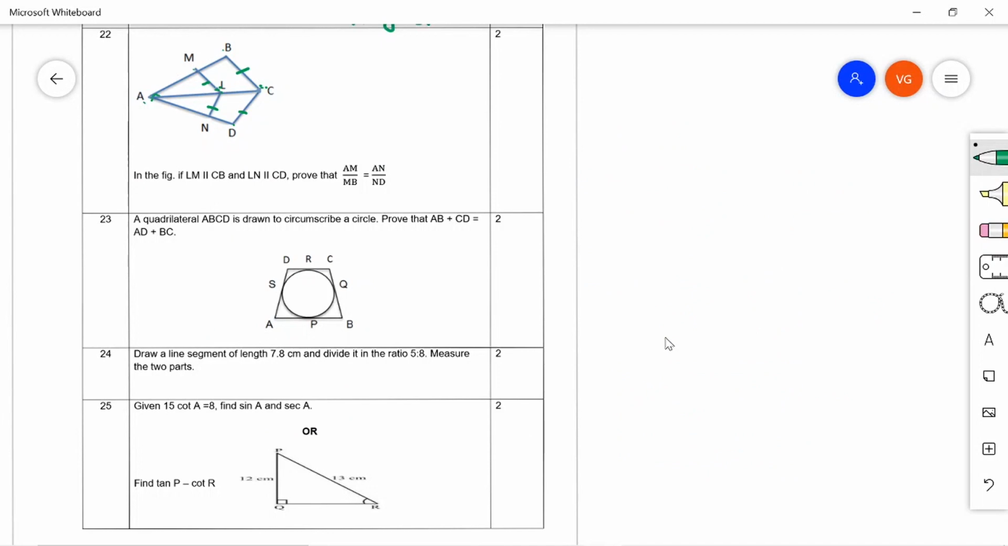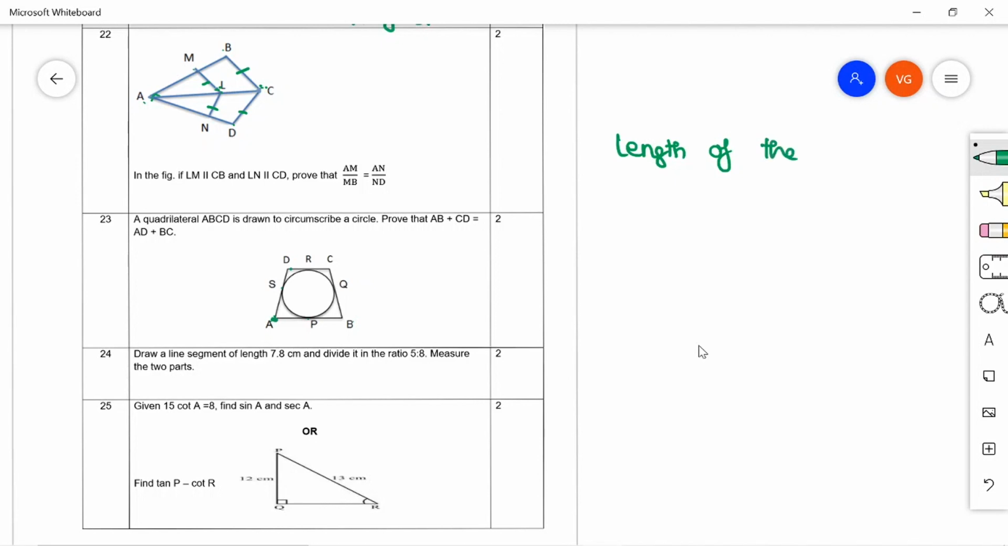Coming to question number 23, a quadrilateral ABCD is drawn to circumscribe a circle. Prove that AB plus CD is equal to AD plus BC. So they are asking you to prove that the sum of the opposite sides are equal. This is the figure they have given. If you observe this figure, from a point A, two tangents have been drawn. Similarly, AS and AP are the two tangents drawn. So you can write, length of the tangents